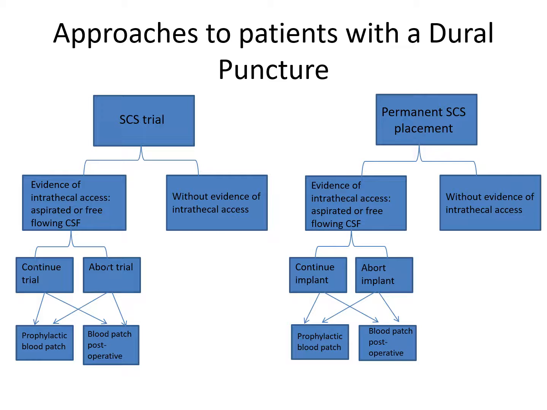This flow chart shows approaches to a dural puncture. A dural puncture can either occur during a spinal cord stimulator trial or during a permanent implant. In either of these situations, the dural puncture can occur with or without the provider being aware of the intrathecal access. If the provider is aware of the event, with evidence such as aspirating CSF or having free-flowing CSF, they